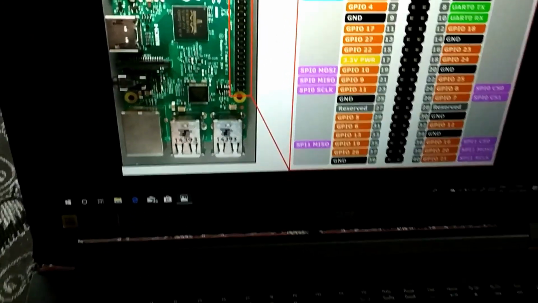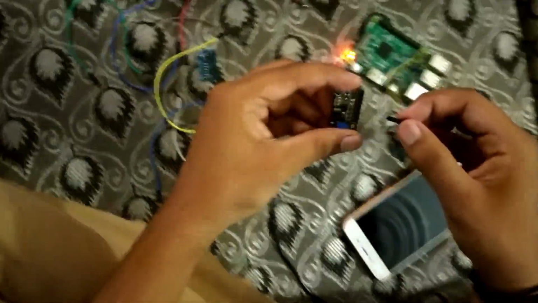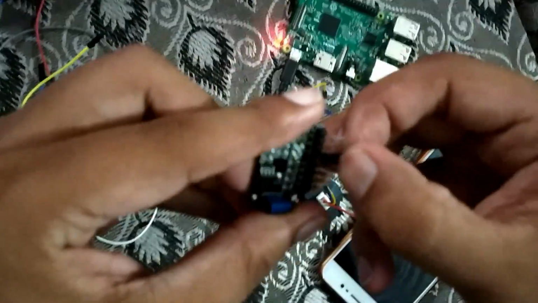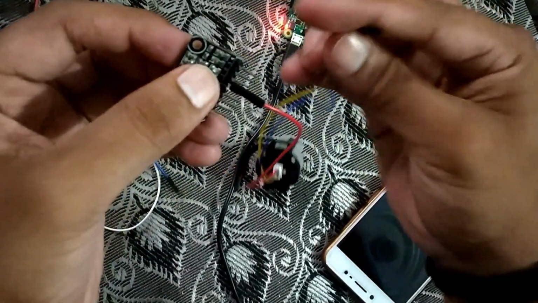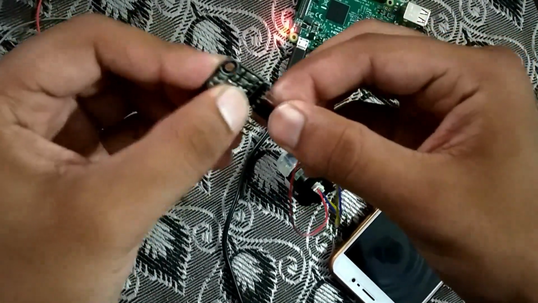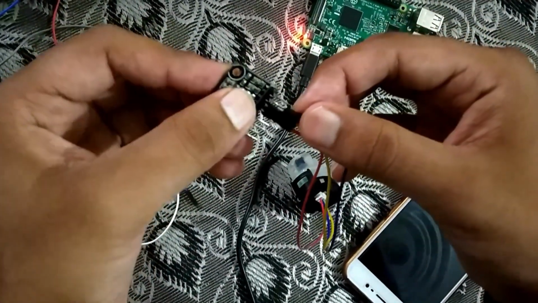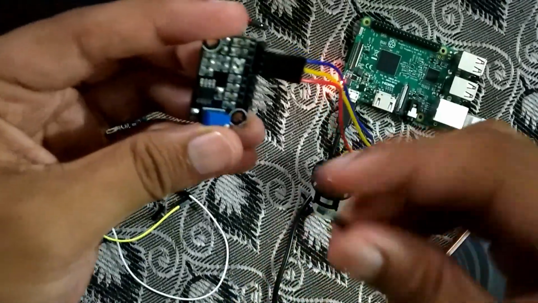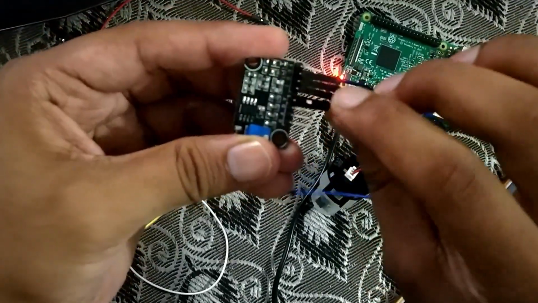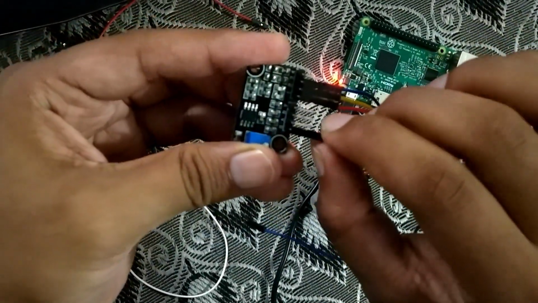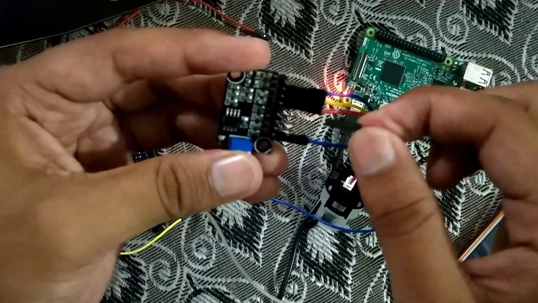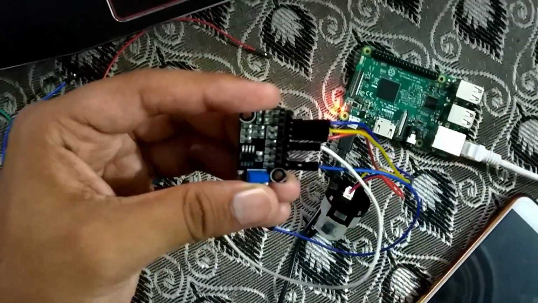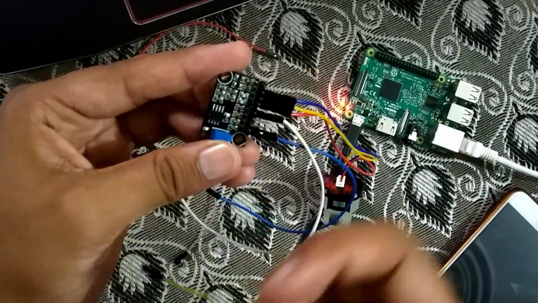We are going to make an IoT based water quality monitoring system. For this we require a Raspberry Pi and an ADS1115 ADC converter, which is used to convert analog signals to digital signals, because we are using a turbidity sensor. Turbidity sensors provide analog signals, so we have to convert them into digital signals, because our Raspberry Pi does not have any inbuilt analog to digital converter. So we use an ADC converter, an